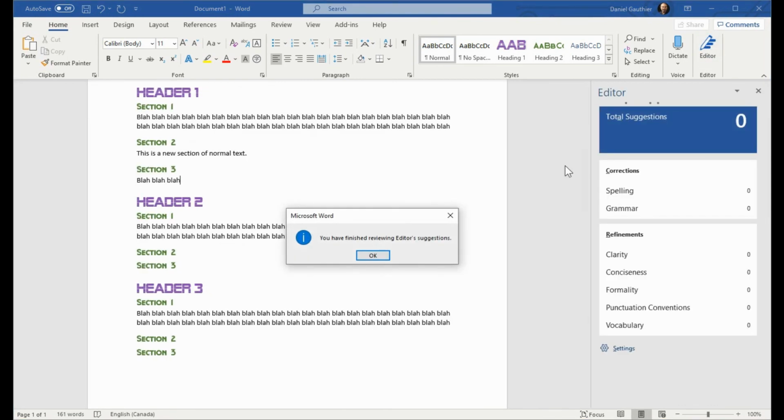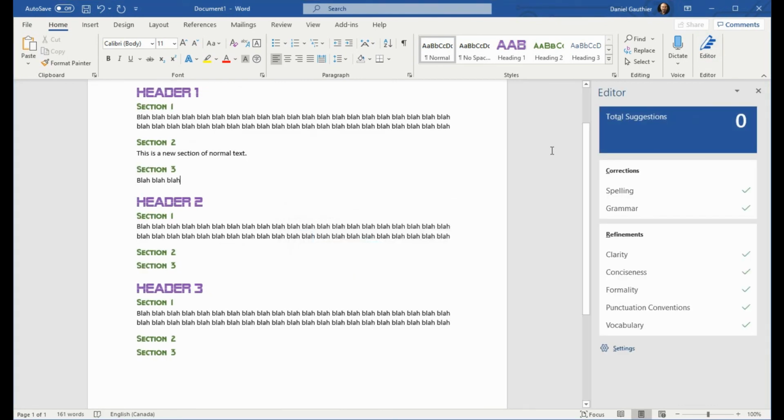There's an editor button as well, and it gives you a count of your spelling errors, grammar, and other information about the document that could help you to make it look a lot more professional if you're presenting this to someone. And it's kind of funny that I've got a lot of blah blah blah in here, and it's not picking up anything about grammar or conciseness, but nobody said this was perfect, but it does give you some information which is very helpful.